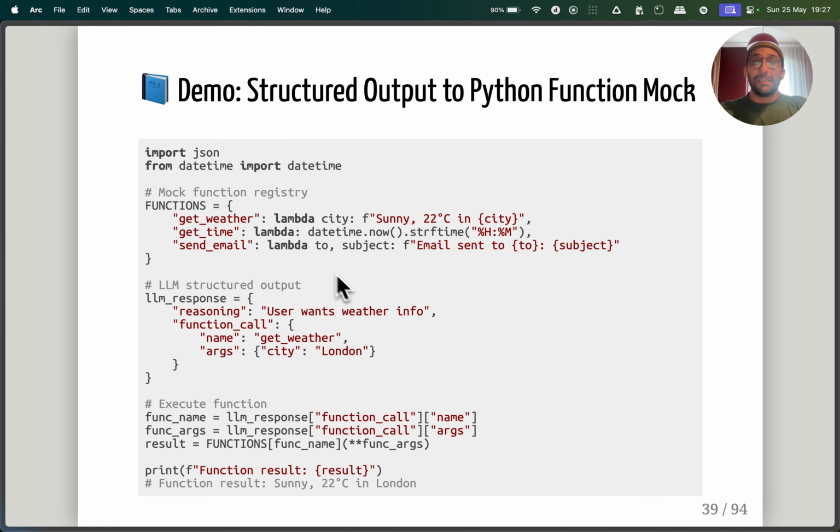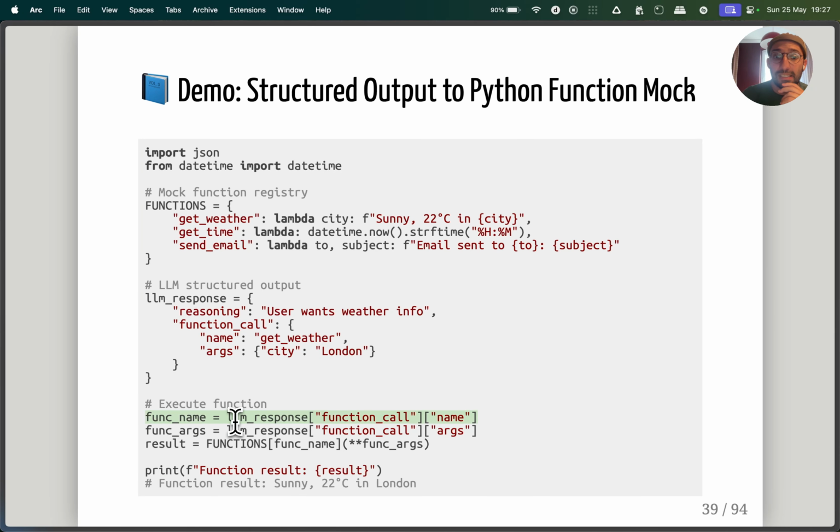So just to summarize so far in a mock code example, we can start seeing how this takes shape, right? Imagine you have now a big dictionary that has actions for getting the weather, getting the time, sending emails, okay? And each of these are just mock examples, okay, folks? And then imagine you get an output from the model that has this structure. The reasoning was this, and then the function call, and then the name, and then the arguments for the function.